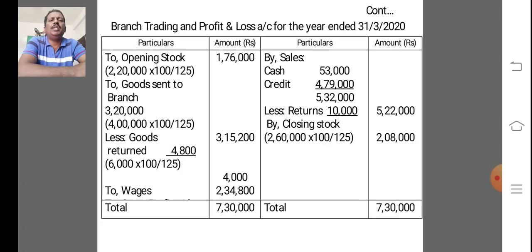Debit goods sent to branch 4 lakh into 100 divided by 120, we got 3,20,000, less goods returned 4,800, that is 6,000 into 100 divided by 125,